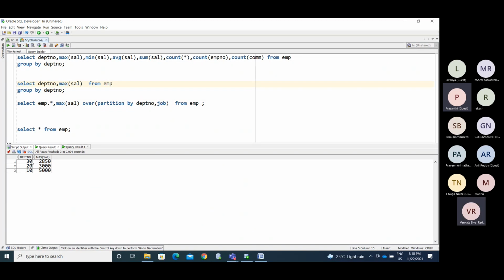Now we have the department wise salary, and I need to compare the previous department value to the current department. We won't use this calculation; we use calculations like this.